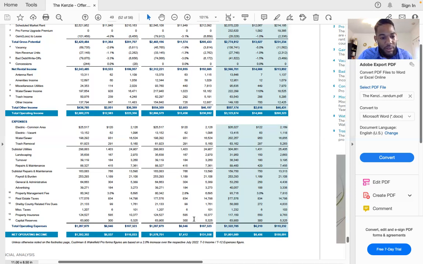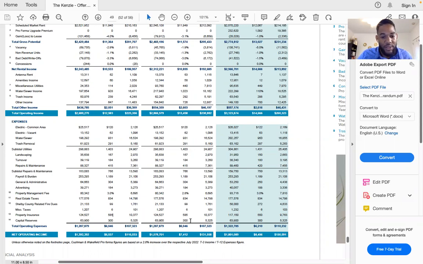So let's see. Property taxes here as well. Property insurance here as well. You can see it's lower than what the historical is. So, do you guys think that's a good practice, to have property insurance lower? What do you think the odds would be of us getting property insurance lower than what it currently is on a property this vintage? Highly doubtful. Probably nothing. Exactly. So for our underwriting, guys, we're going to assume a higher tax number here, and a higher insurance number here.